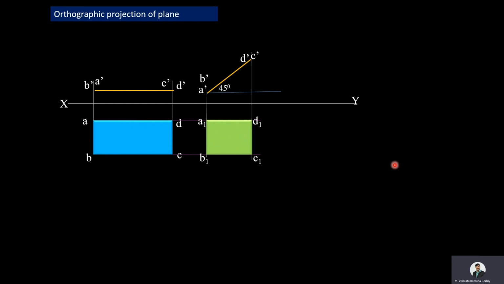Then in the third stage, what are we going to do? In the third stage, in the problem it is mentioned that the shorter side is making an angle of 30 degrees to the VP. So draw a 30 degrees inclination line. On that line, place A1, B1 with the A1, B1 length. Then redraw this entire top view from here to the third stage. That is, we are copying the second stage top view to the third stage top view in such a way that the shorter side is making an angle of 30 degrees in the third stage top view.